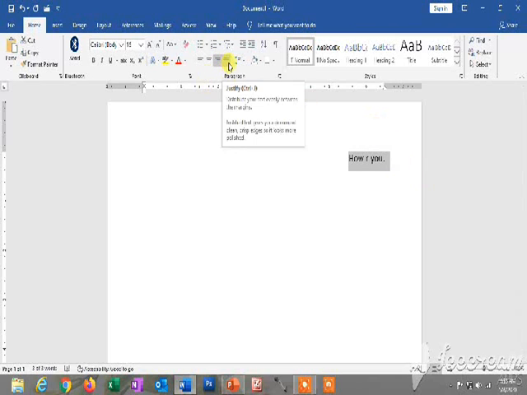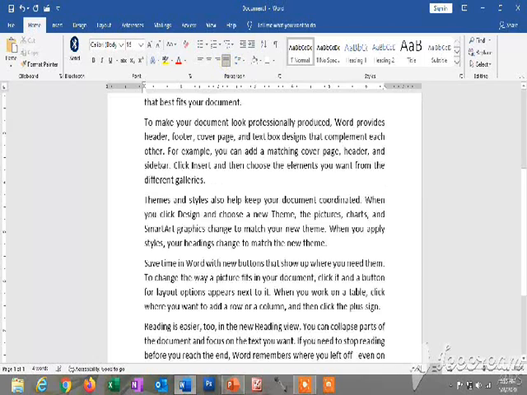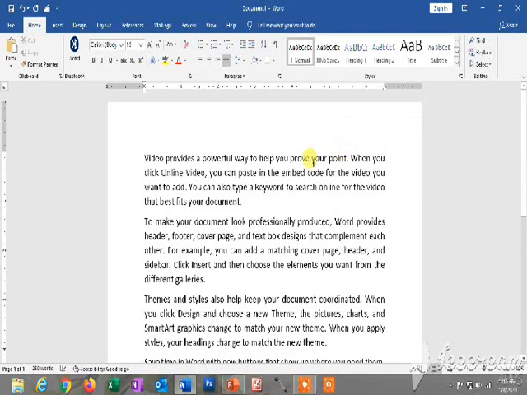Another alignment is justify. This justify basically makes both left hand side and right hand side equal. Now how to align justify? You can just click it. Look and see, this is basically justify alignment, meaning all the text on the right hand side and left hand side are both equal. So this is the demo of the alignments. You can try it at your home also.